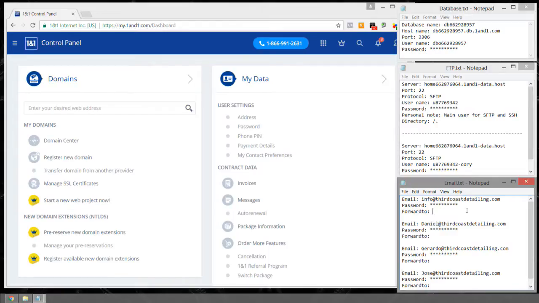If you like to use Gmail for each of your partners, go ahead and create one. In this case we're using info@thirdcoastdetailing.com, so I'd recommend something like infothirdcoast@gmail.com,